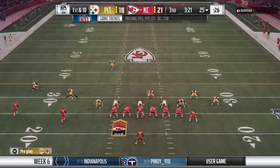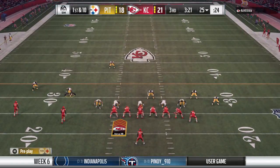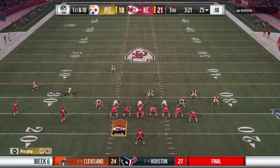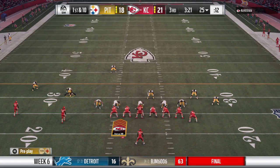Green 39! Green 39! Detroit! Detroit! Back 99 Philly,